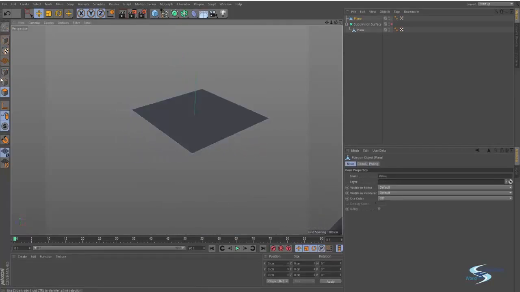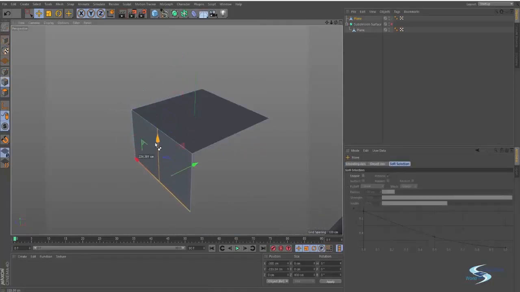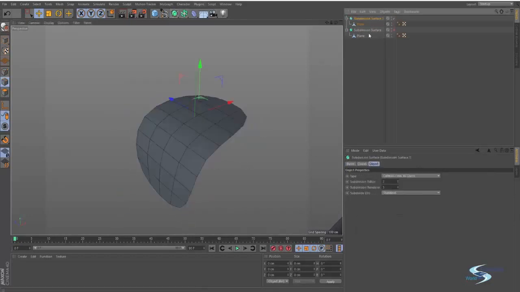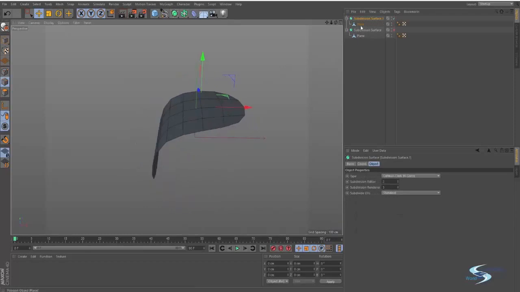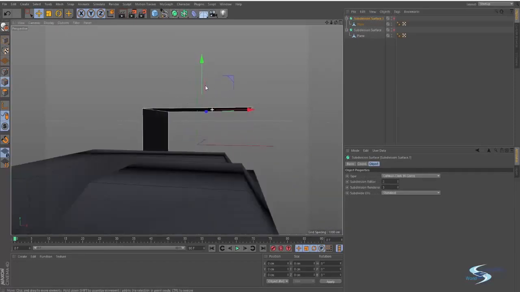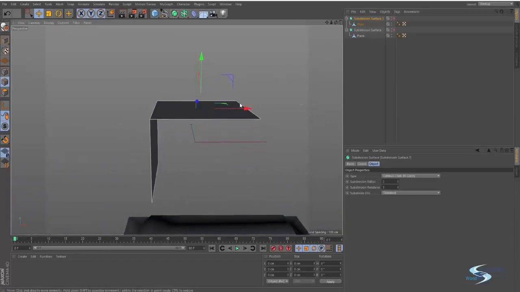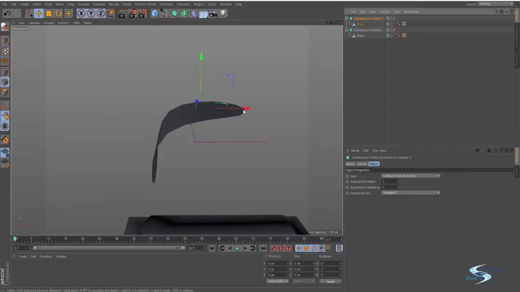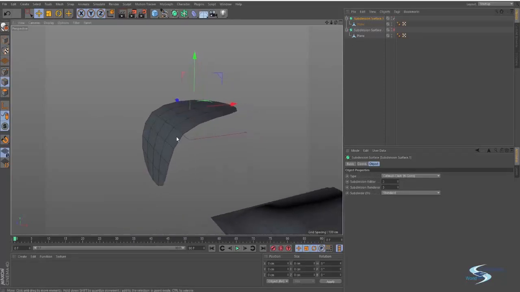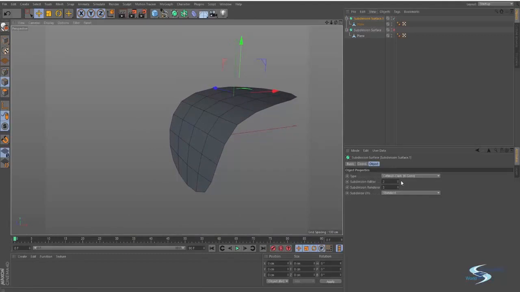So if we create an angle right here and subdivide it like this, then you will see that the subdivision goes from this edge and then it starts bends all the way down here. So it's bending from these two points. If I were to instead